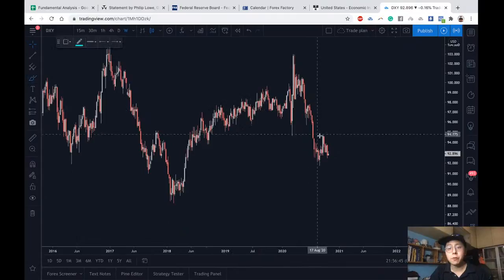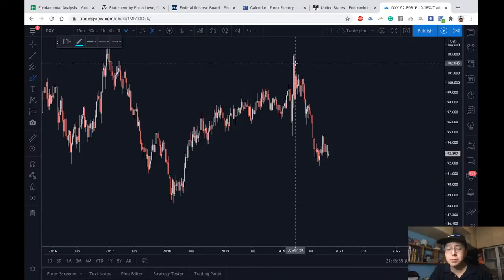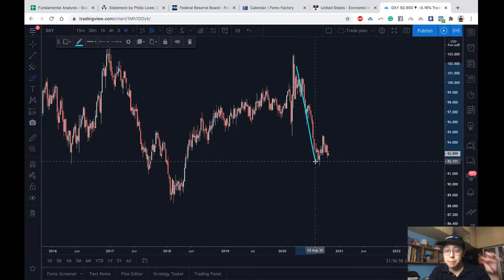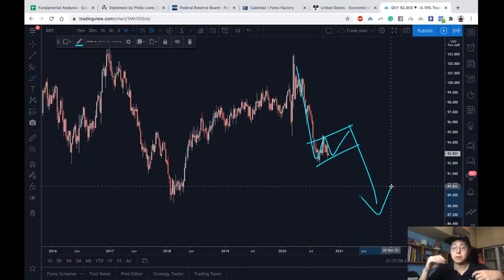The idea over here is, of course, if I'm bearish from the fundamental perspective, I want to see a bearish chart pattern on the technical side as well. We're going to talk a little bit more about this in the technical webinar. But what I would see is, if this pattern here forms something like that, it tells me I have a high chance of dollar weakening from a technical point of view.